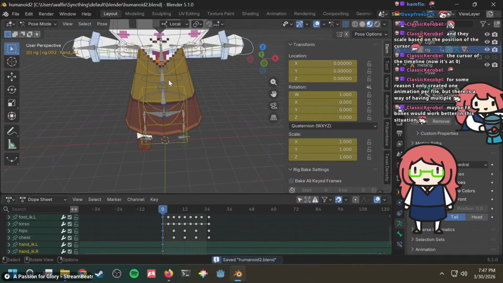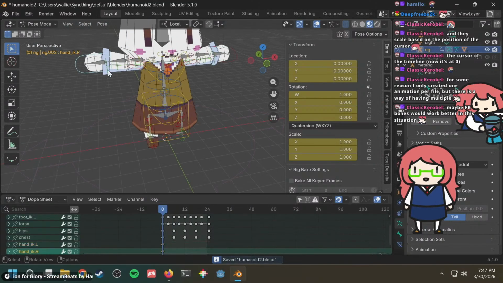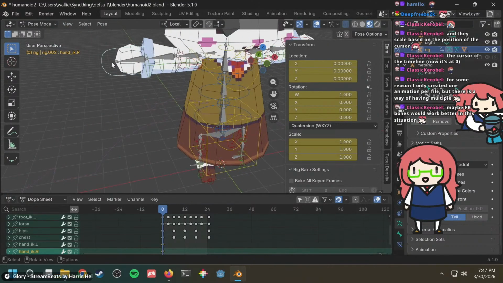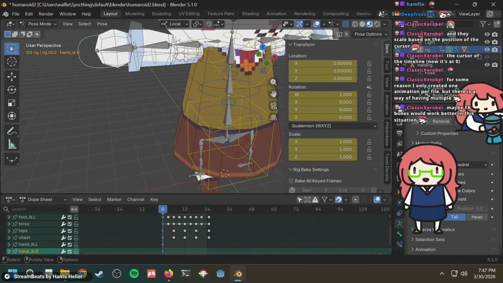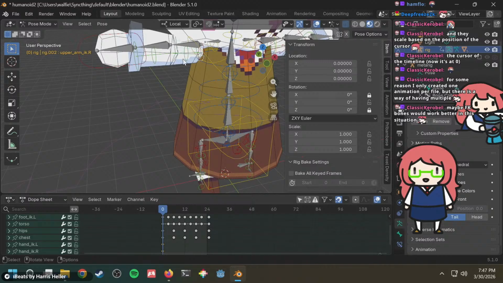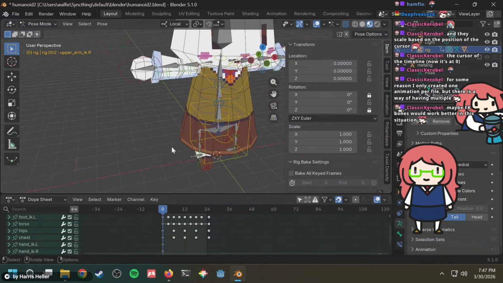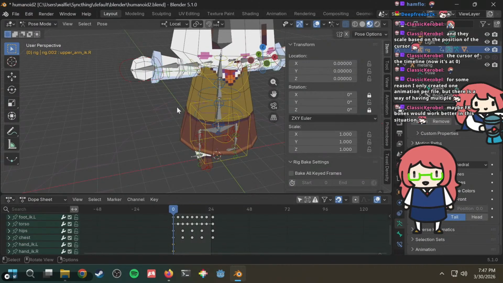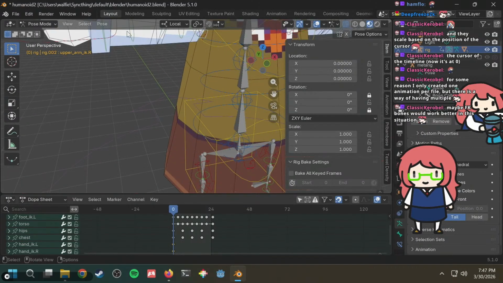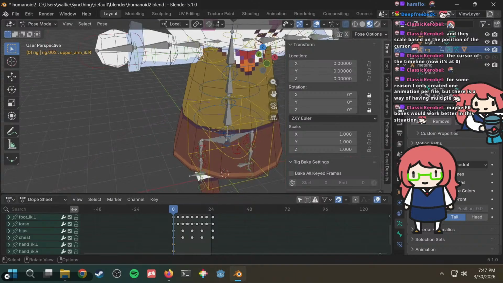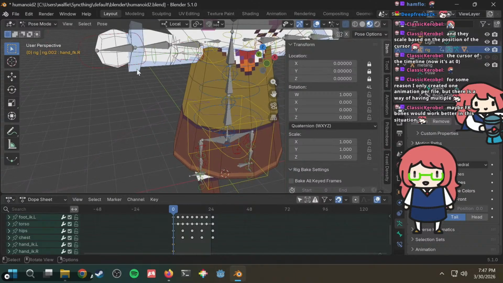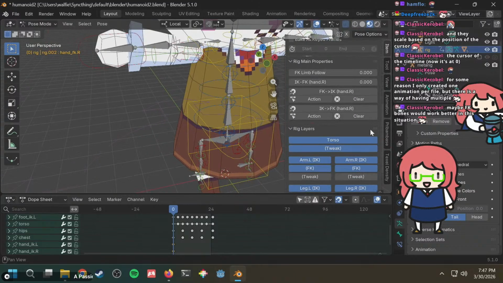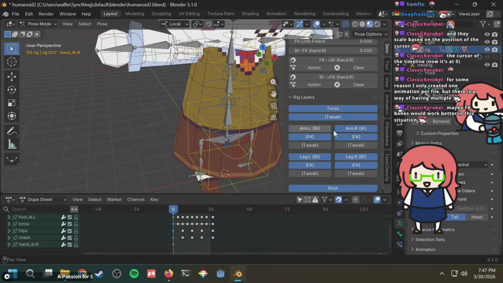Okay, so how do I make this use forward kinematics? Do I just not move this thing? Is this the thing that I want to move? What is this? What do I control for the forward kinematics? Oh wait, I guess I can hide them, right? I can hide arm IK and then just use forward kinematics.